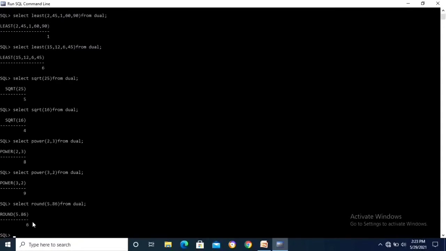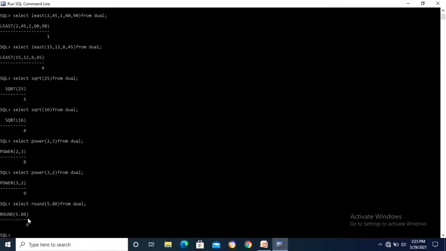Semicolon, enter. So 6 is the rounded number. 5.86 is the value and round function is used to display the rounded value. So output is 6.